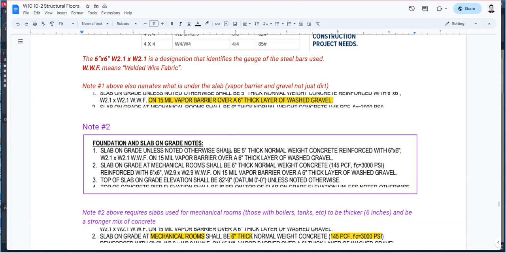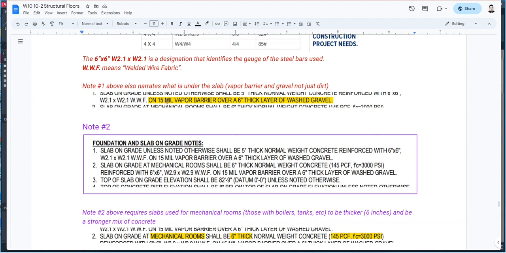This one doesn't say that there's sand before the gravel. It only says that there's going to be 6 inch gravel. Okay, a 6 inch thick layer of gravel, but it doesn't say there's going to be sand on it. Yeah, so it depends again on the firm. The sand, its job is to level the surface, so when you put your vapor barrier, it does not get torn up by the sharp edges of the gravel. Okay, so